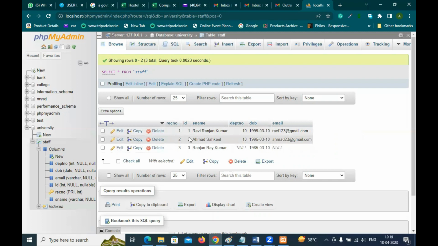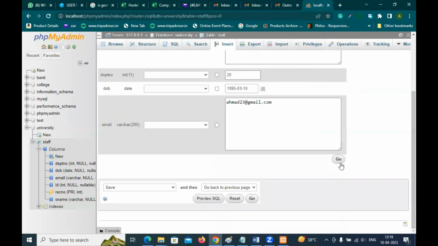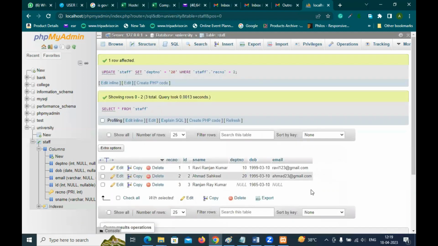So how do we change it? Suppose this is the department number 20 for the record number 2. So I'll click the edit button and I'll quickly change this to department number 20. Maybe the date is also changed. We can make the changes and then we can click go. So in this way, we can very easily manage the records. So it is advisable that every table that we create should have one auto increment column at the beginning. It can be anywhere, but preferably at the beginning, and it should be auto increment